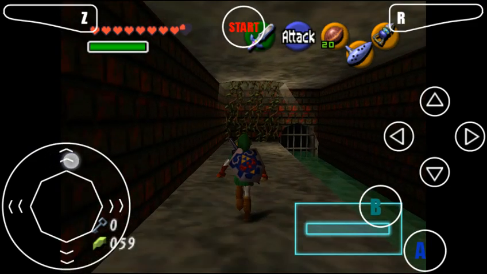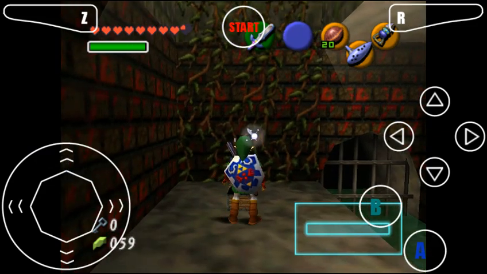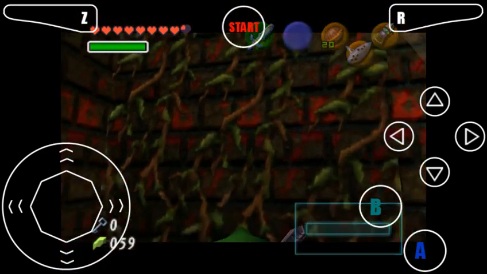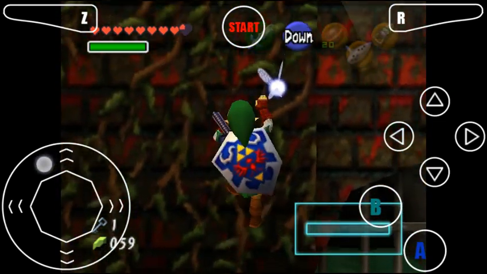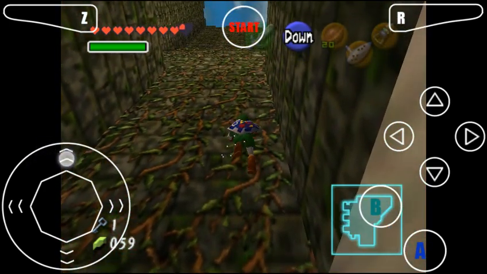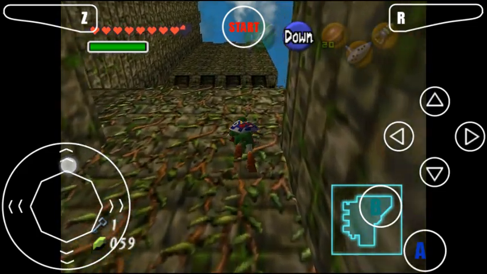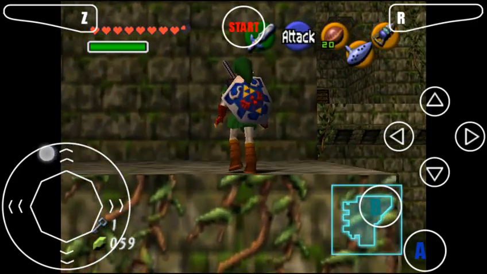Grab those hearts there. Gotta stay alive, man. Otherwise, what's the point of any of this? If Link dies, we all die. Which is probably a good thing we got fairies then. If his life is what's keeping the rest of us alive, probably good that he has fairies. Anyway,